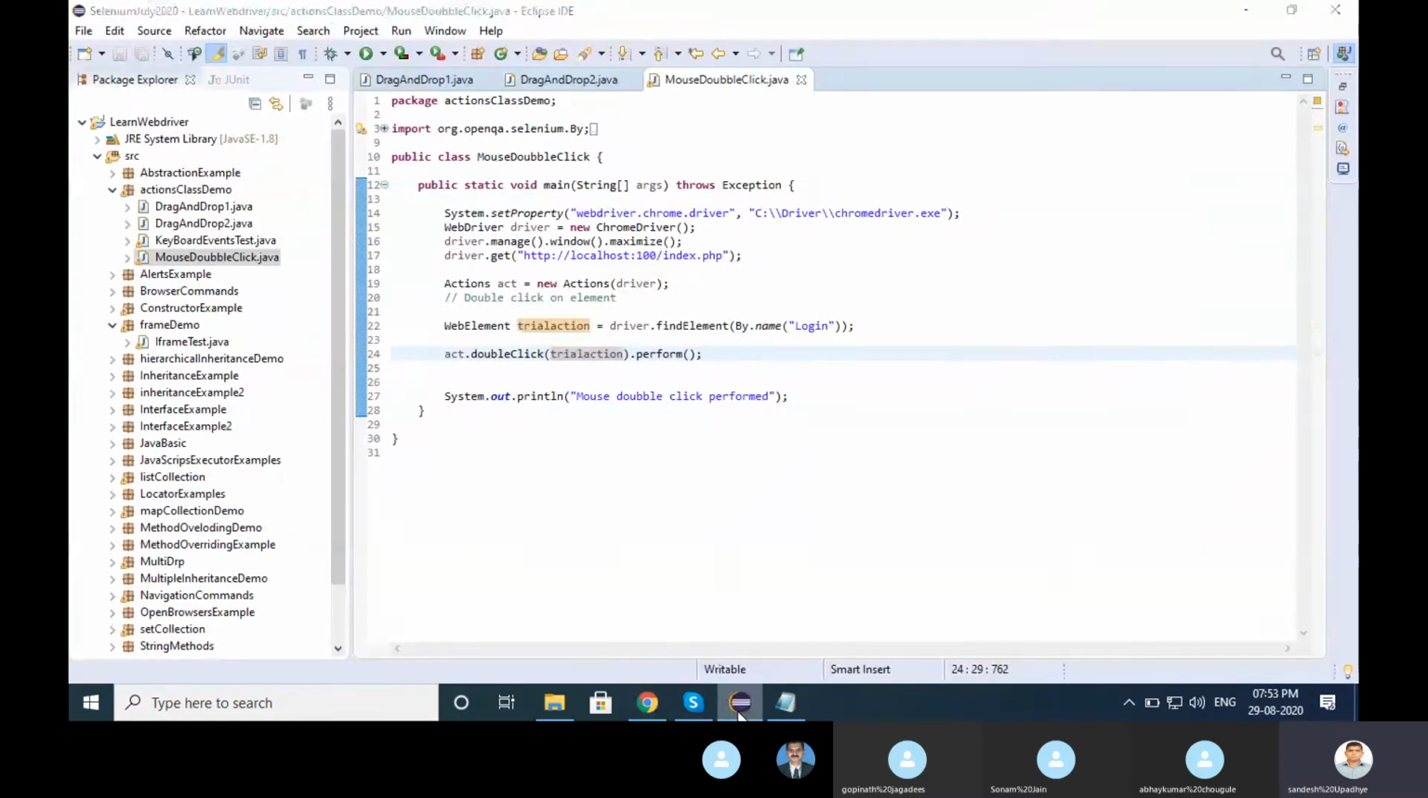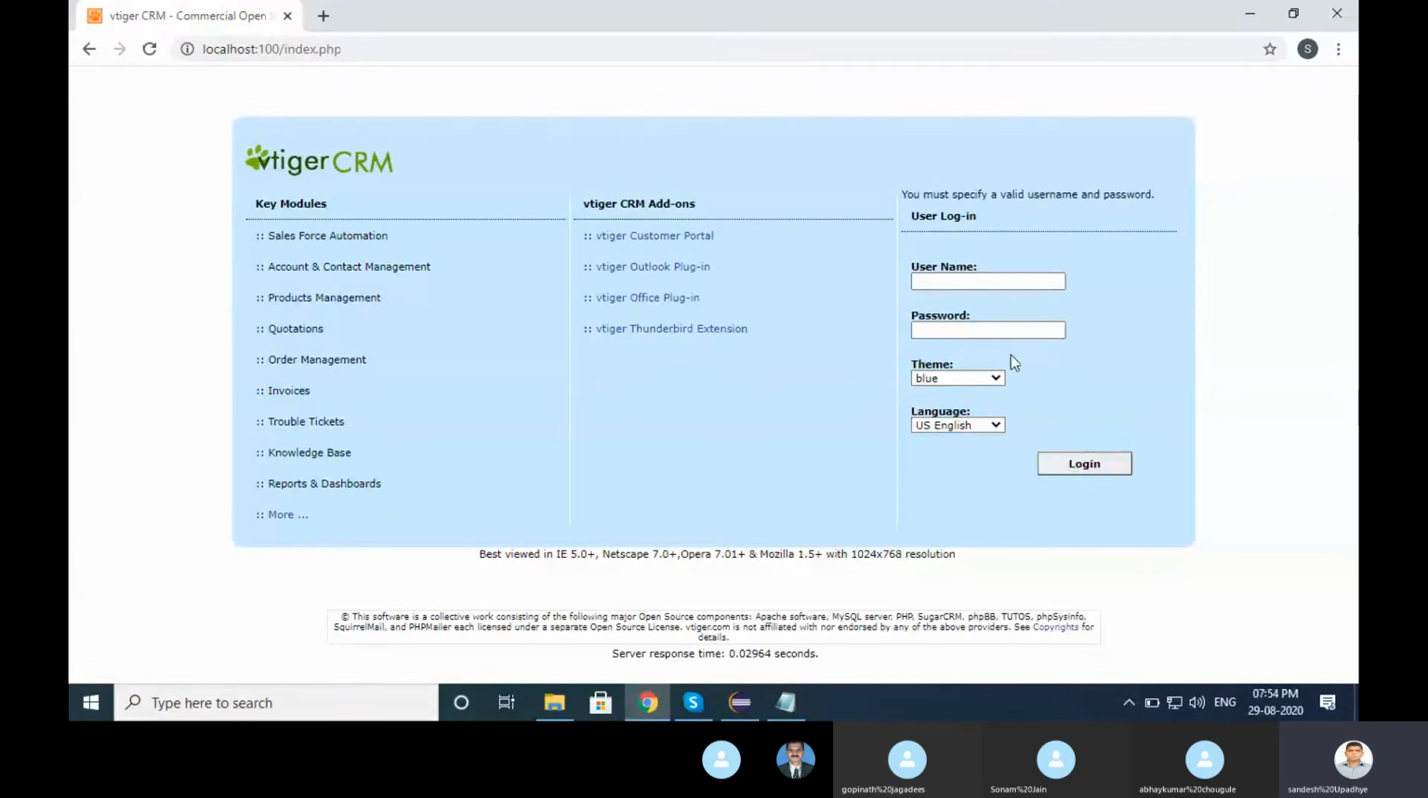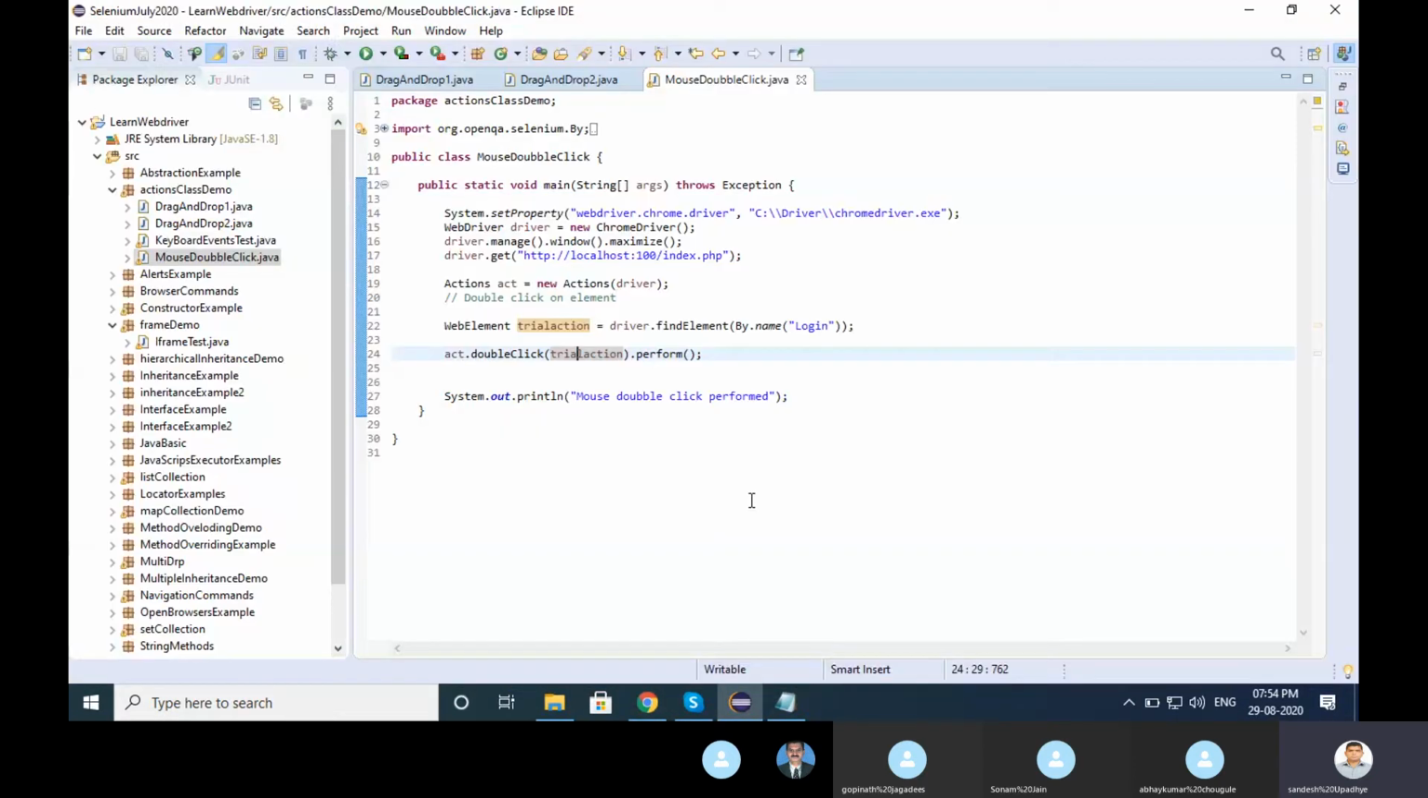Let me just double click here. Sometimes in your application, if you want to double click somewhere, then that operation will work. So how can we perform a mouse double click? It looks like this. I have created an object of the Action class, stored it into the WebElement for the login button, and using the Action class, I am hitting a double click on the